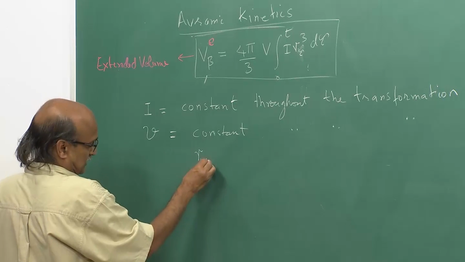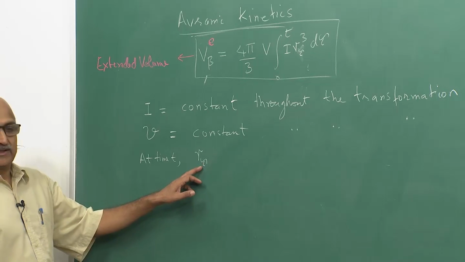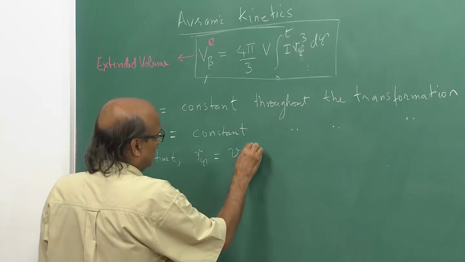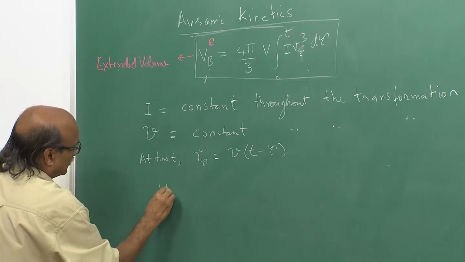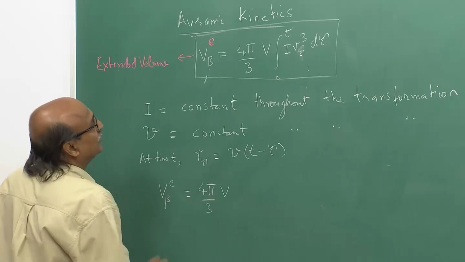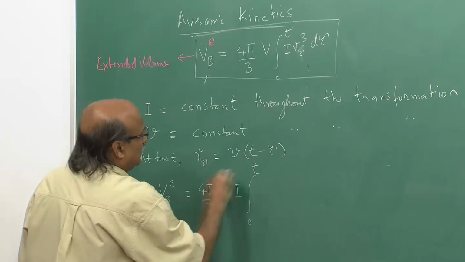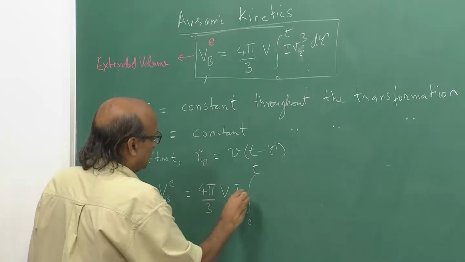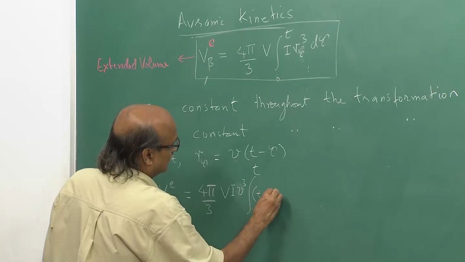What this means is that at any time t, the nucleus which formed at time tau, its size is simply, as we had already noted in the last lecture, V times (t minus tau). And we rewrite the expression for extended volume as 4 pi by 3 V. Since the nucleation rate is constant, I comes out of the integral and within the integral replace r(tau) by V times (t minus tau), and in fact since V is also a constant, it will come out of the integral and become V cube, and inside the integral you would have (t minus tau)